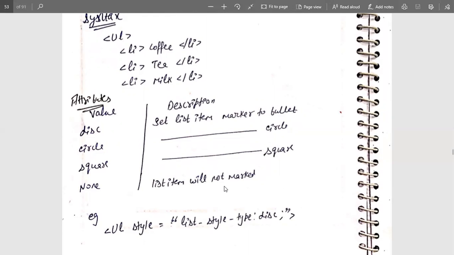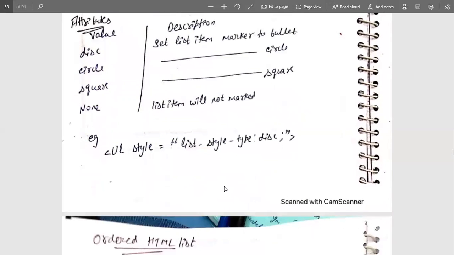Here is an example of the type: the ul tag containing a style attribute, and that style contains list-style-type equal to disk. So the type of the list is the disk one, which is shown with bullets, and the list style is contained in the style attribute over here.